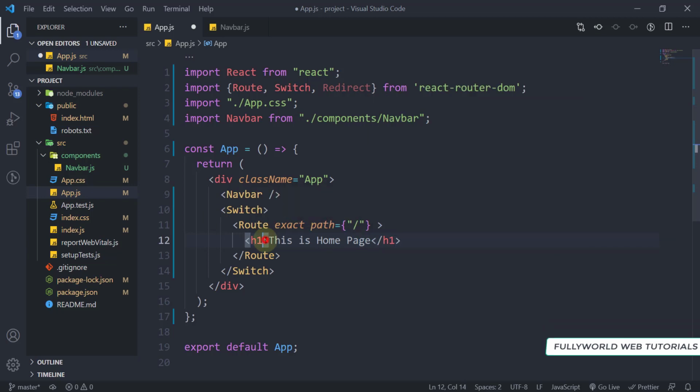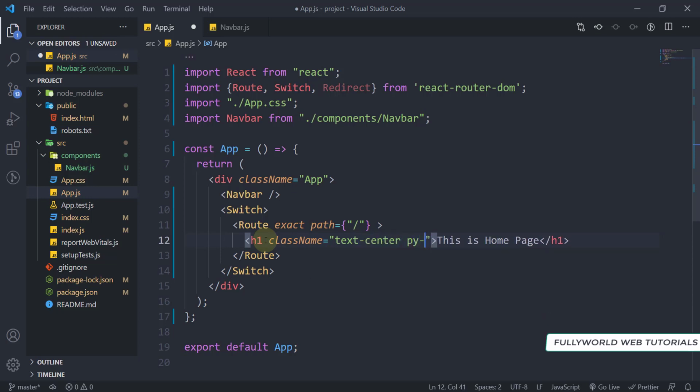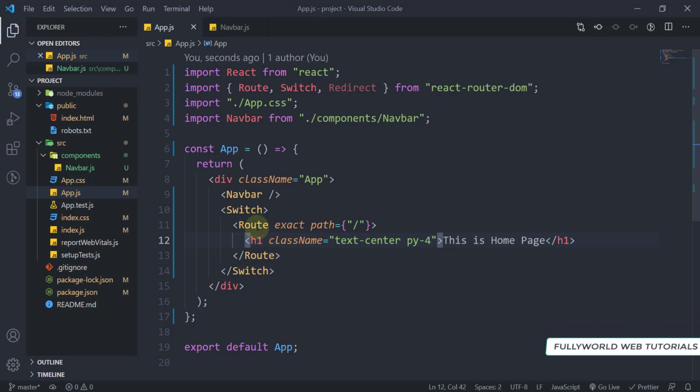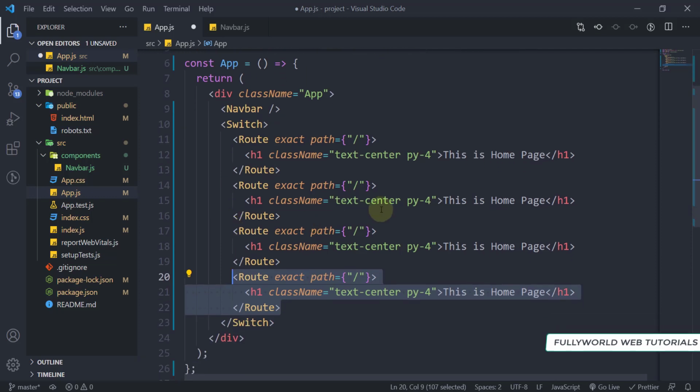Here I'm going to write a class name, text-center, and padding y will be 4. Now save it successfully, and let's do furthermore.